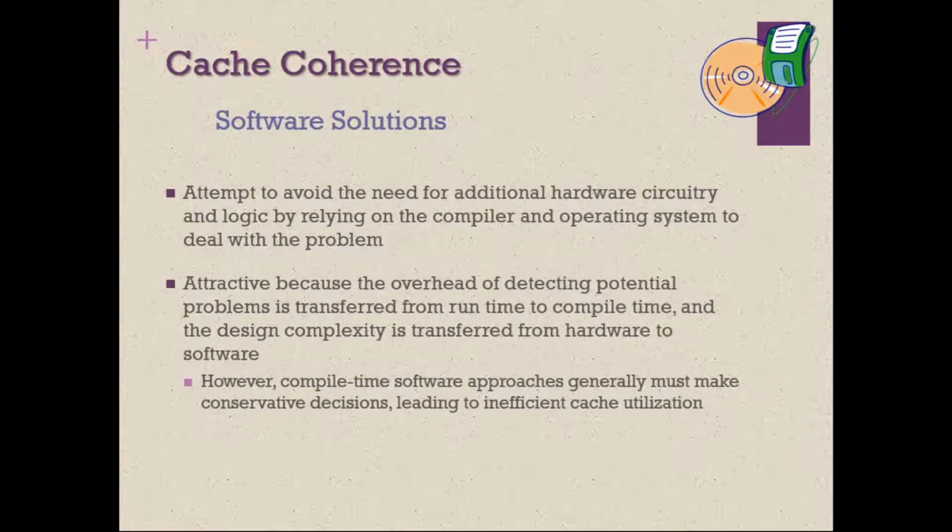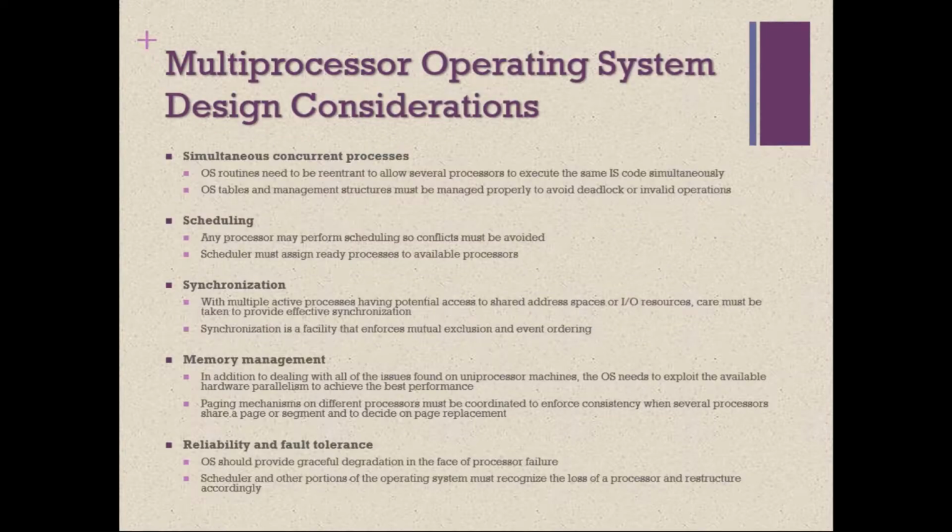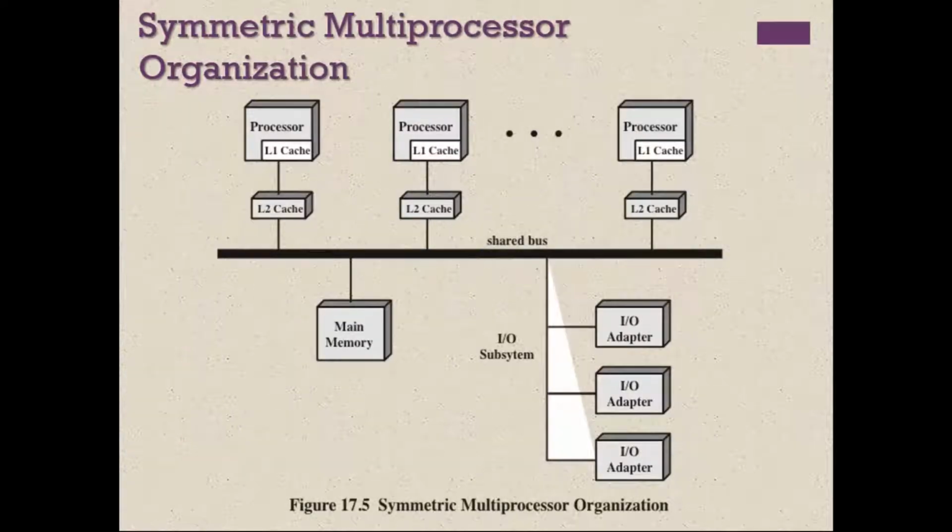Welcome. The topic we are going to discuss in this lecture is cache coherence. In the last class we discussed SMP, symmetric multiprocessors. To improve the performance of symmetric multiprocessors, we introduce cache in each of the processors. We introduce two types of cache, L1 cache and L2 cache. Why do we introduce L1 and L2 cache? To reduce the access to the bus.